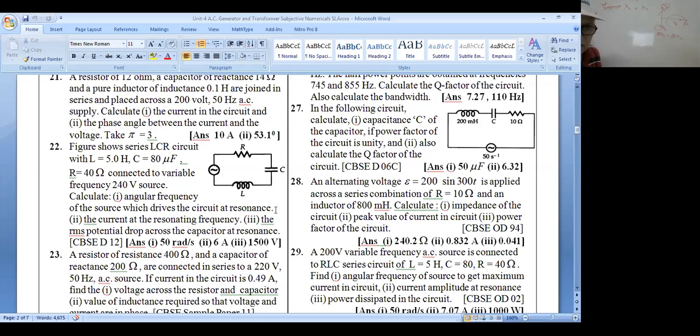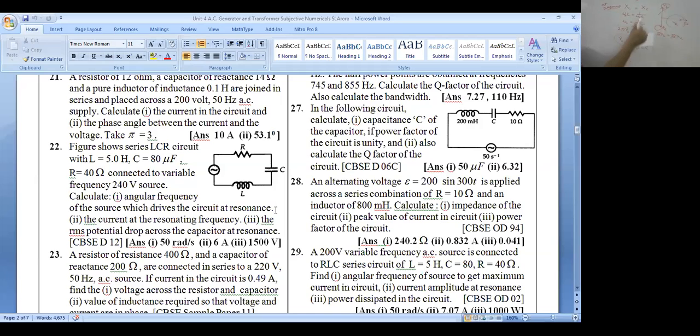We have discussed this thoroughly, separately, in the RLC series resonance circuit especially. So you can find omega easily. Omega naught L is XL, and 1 by omega naught C is XC. So omega naught square will be 1 by LC, or taking the root of it, omega naught is 1 by root LC, and omega can be written as 2 pi nu naught, so nu naught will be 1 by 2 pi root LC. Putting the values of L and C, you can easily find the frequency, and that is called the resonant frequency.